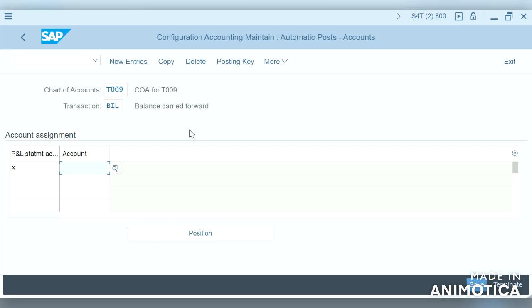The balance of retained earnings account will appear as reserves and surplus in the balance sheet for that particular year. Retained earnings account is assigned to each profit and loss account in chart of accounts.